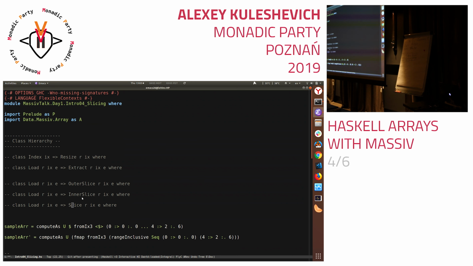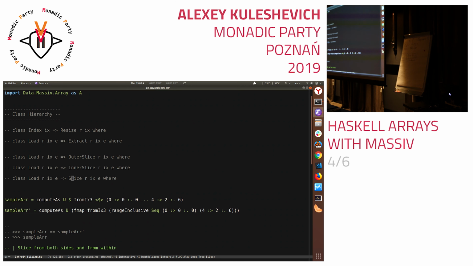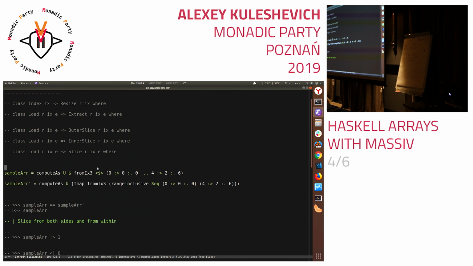I'll show you some examples of what it exactly means, outer and inner. I don't think it's an official terminology, but something I came up with. Maybe somebody else uses it, I don't know. First of all, let's go ahead and look at an example array. This is a sample